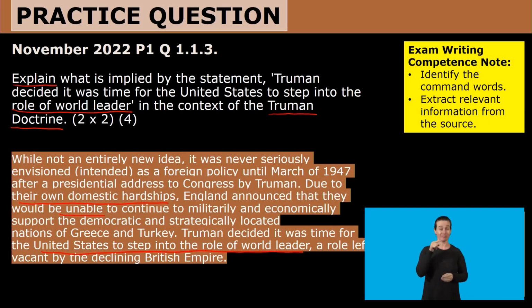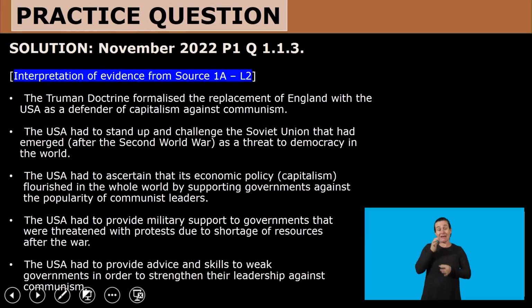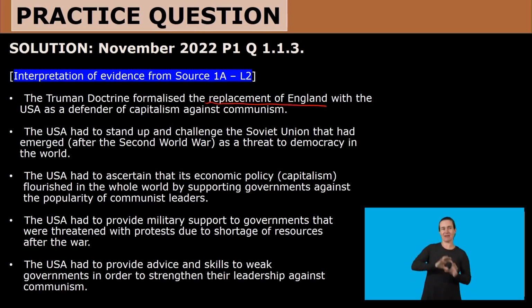A role left vacant by the declining British Empire. So I'm going to circle this declining British Empire because it is linked to the fact that England announced that they would be unable to continue to militarily and economically support their democratic and strategically located nations. So you can see there. So your explanation is going to come from that source. These are the possible responses. The Truman Doctrine formalized the replacement, so you can see replacement of England with the United States as a defender